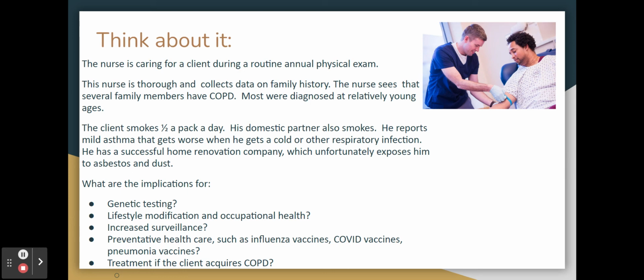Maybe we look at liver enzymes more frequently to make sure that he's not developing irreparable damage. Preventative health care. I mean, everybody should be offered the influenza vaccine, the COVID vaccine, the pneumonia vaccine, but this guy's really at risk. And if he's just coming in for, say, a work physical, this can be your opportunity to open that conversation about those vaccines so that he understands that he can't afford to damage his lungs with this